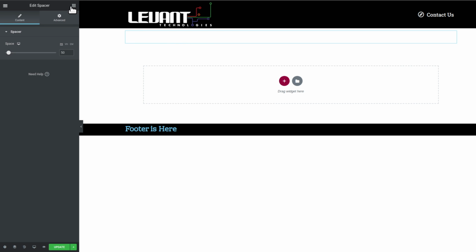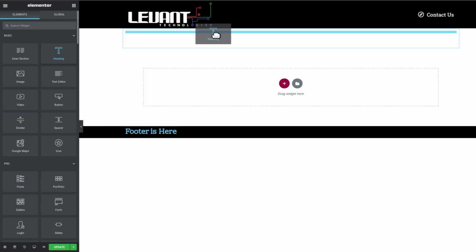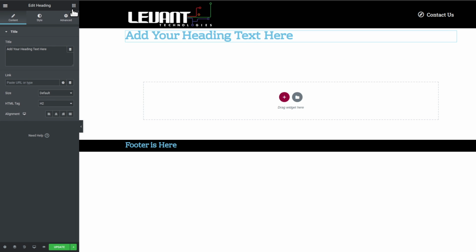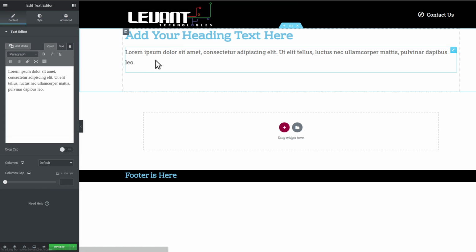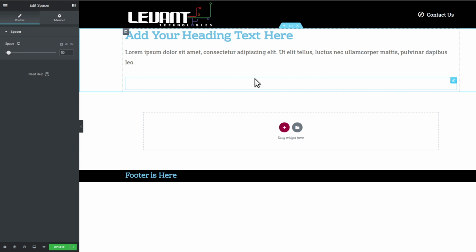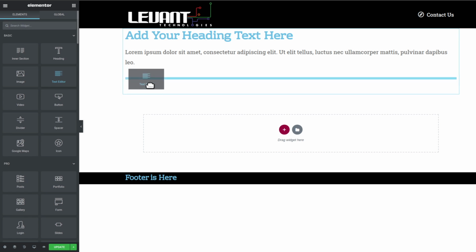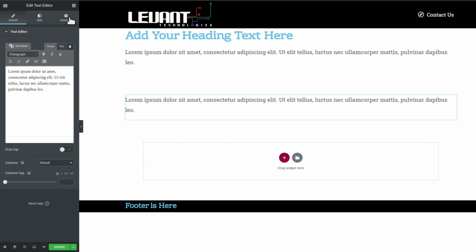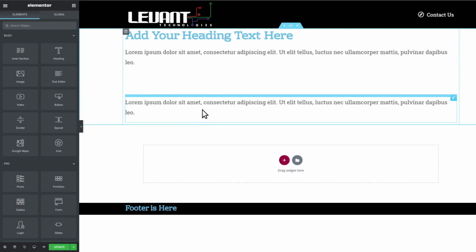So to give it a little bit more context, let's say I add a little heading, click, hold, and drag, and then let's say I add a new text editor, click, hold, and drag. As you can see, this is what spacer is. So let me add some more. So I'm gonna put another heading. As you can see, oh, maybe it's not showing right now, but